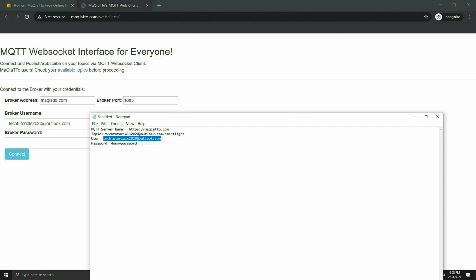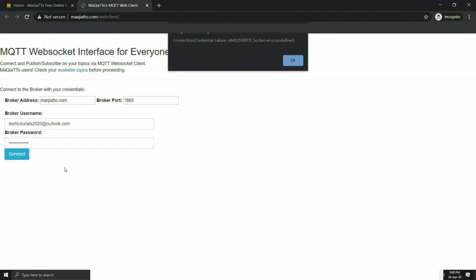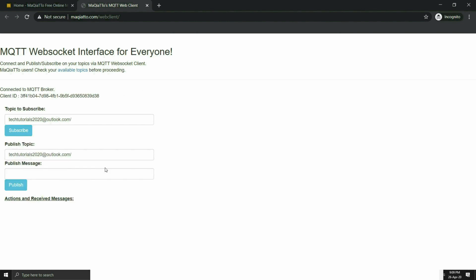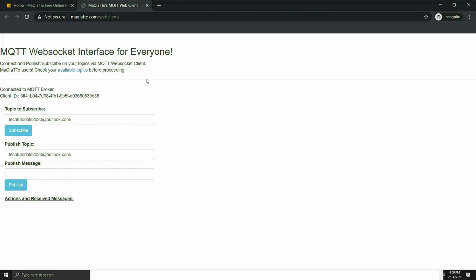This is my username and this one is my password. So our code will keep running on 1883, and for this particular client the port number is 8883.